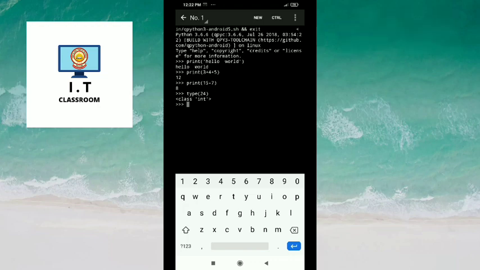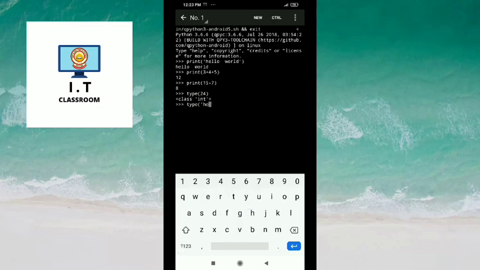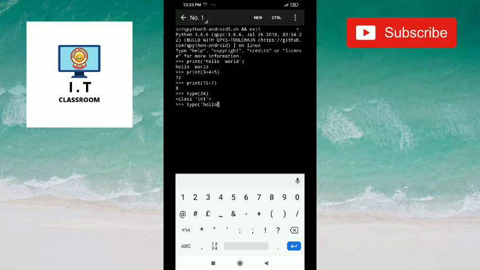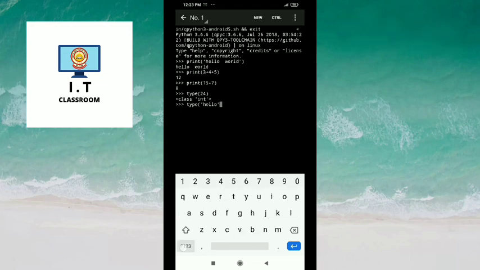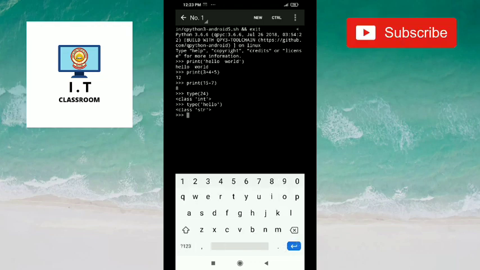In the same way, if you want to find another data type, then again use type function. Here type the data for which you want to find the data type, then bracket close. Now press enter key.